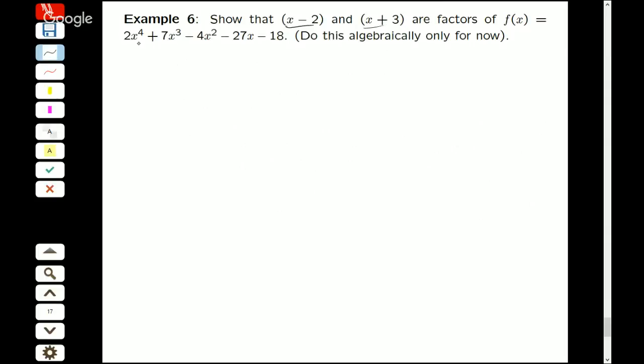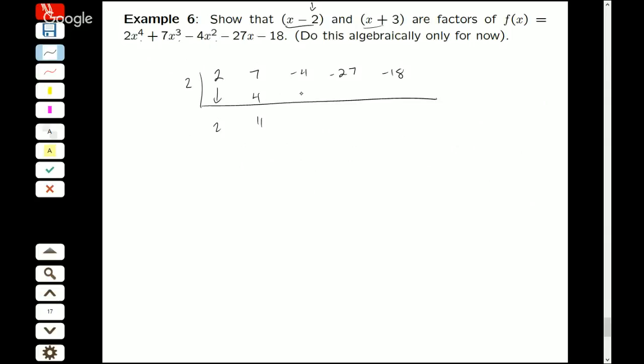Let me copy down. Notice it's fourth, third, second, first, so I have all the powers. So it's 2, 7, -4, -27, -18. And then let's check this one first. It's x minus 2, not x equals, so I change the sign and I use the 2. Bring that 2 down. 2 times 2 is what? 4. 7 plus 4 is